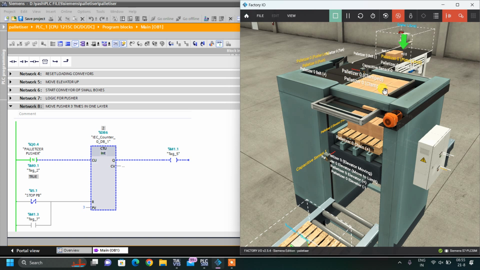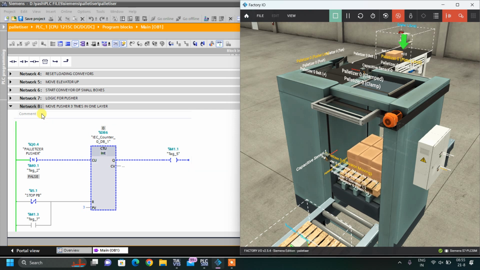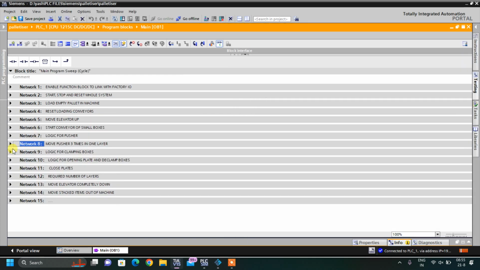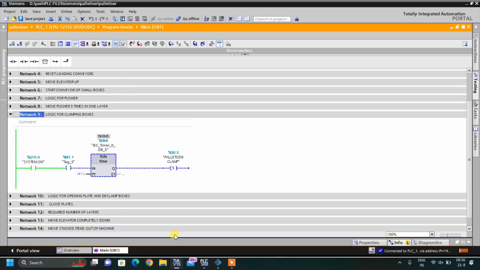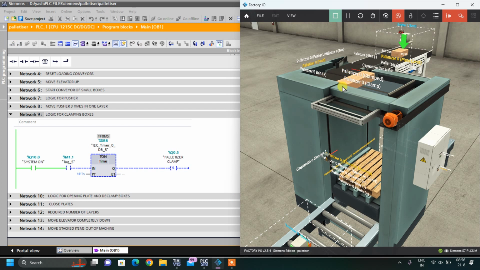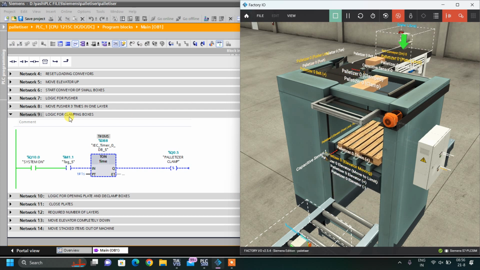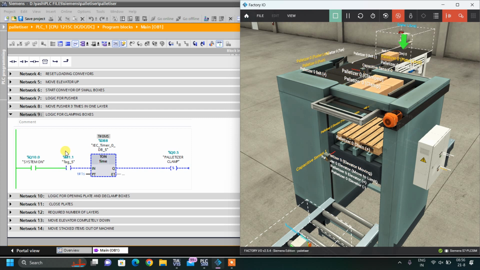We want to clamp the box and open the plate. So for that, I have taken 1.1. By 1.1, I will clamp the box and open the door. So this is the logic, because I want to move the pusher 3 times in one layer. Before the layer, after the pusher has moved 3 times, we want to clamp the box. This is move 1 time. So in the previous network, I have set the 1.1 memory bit by the counter. So when the pusher has moved 3 times, this memory bit will be turned on and it will clamp my